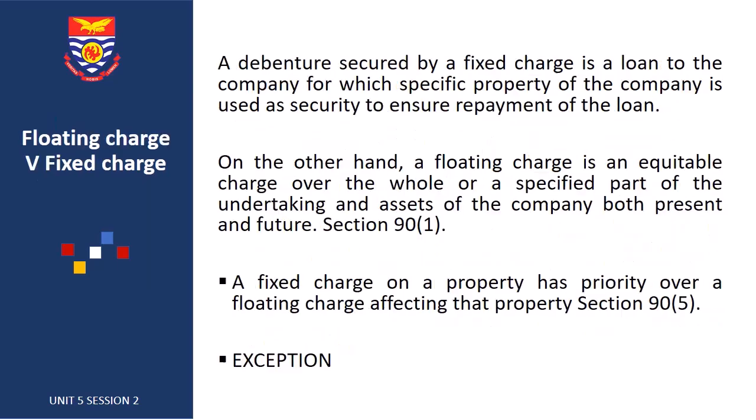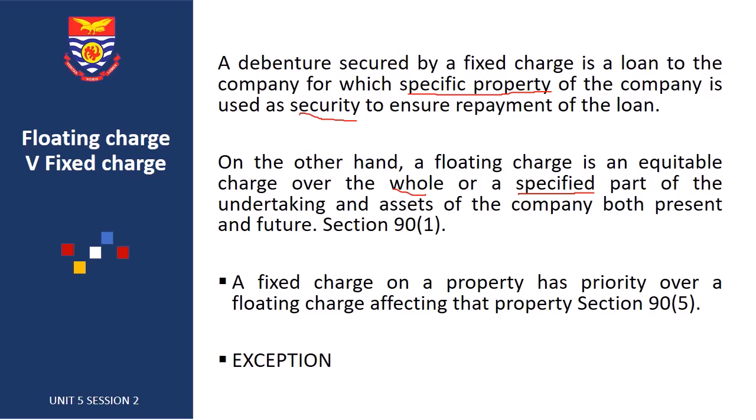You should also know that a debenture secured by a fixed charge is a loan to the company where specific property of the company is used as security for repayment. So with a fixed charge, it is on a specific asset of the company. Maybe you use the company's building as collateral. Whenever the amount is due and they are not able to pay, you can apply to the court that the house should be sold to pay your debt. On the other hand, a floating charge is an equitable charge over the whole or a specified part of the assets or undertaking of the company, both present and